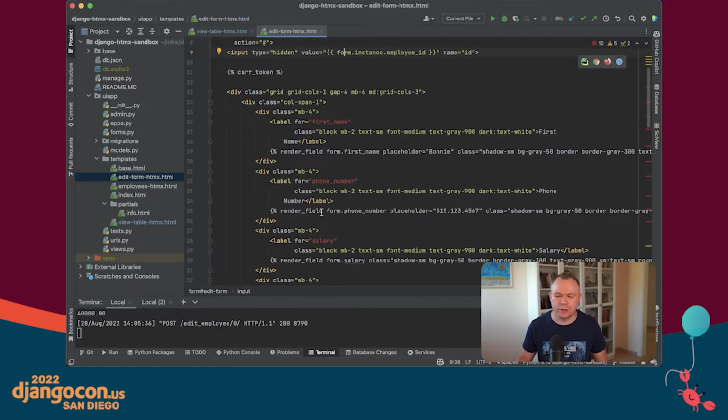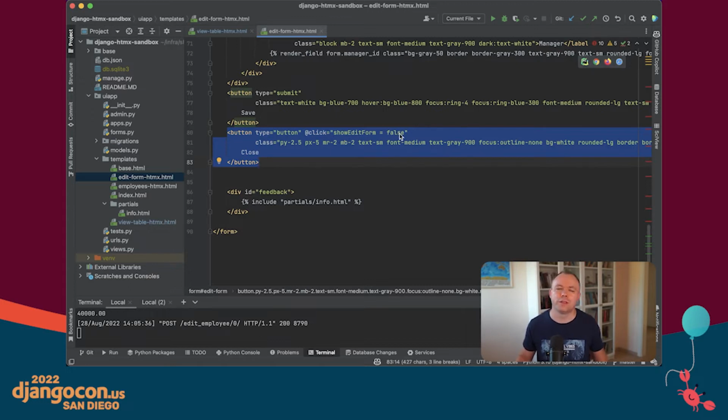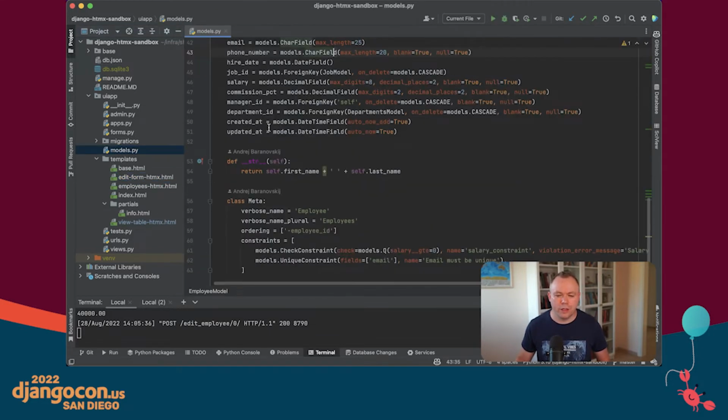So this is over here. We can go to the bottom. There's a close button or cancel button, and we set show edit form equal false. This means the form becomes hidden and the edit buttons become editable. Okay, so that's about the structure of the UI templates, and now let's look into how the models are